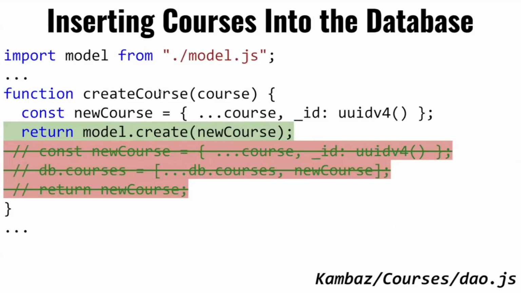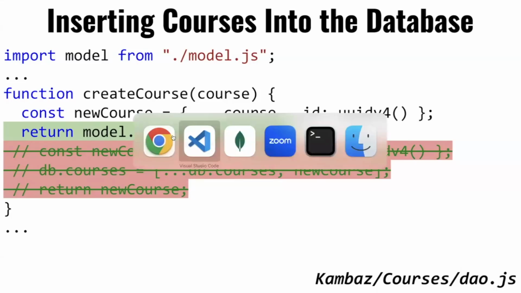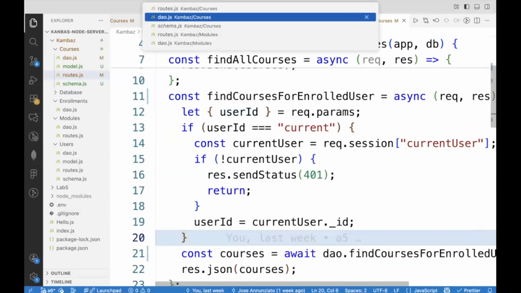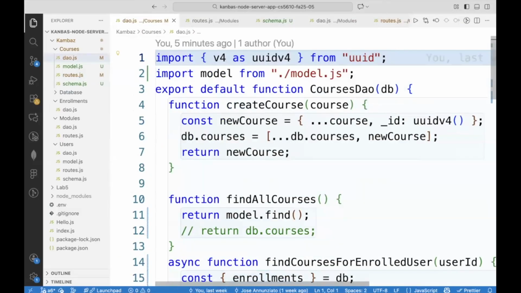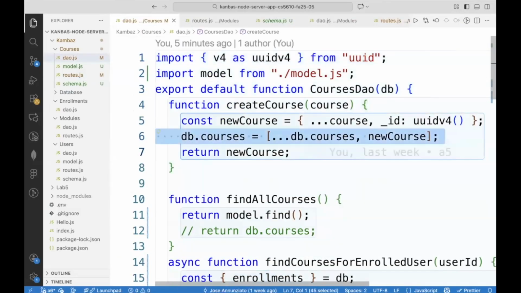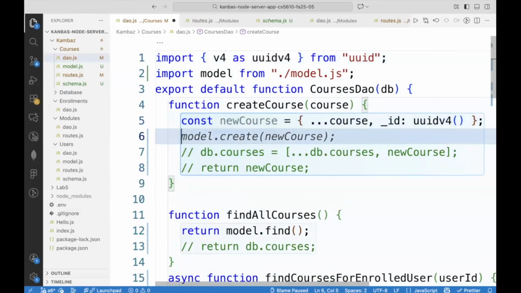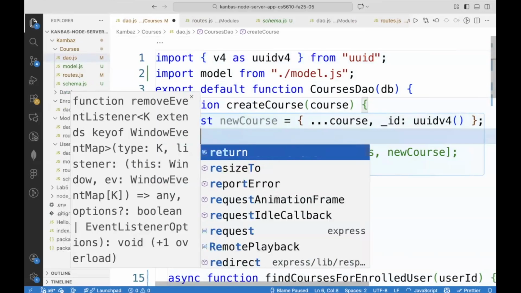Okay, so in the create course implementation, it used to be that we instantiated a new object with a new ID, and then we just pushed it at the end of the array of courses. Instead, we're going to use model.create. So in the DAO for courses, we have create here. So instead of inserting new instances at the end of an array, we're going to return